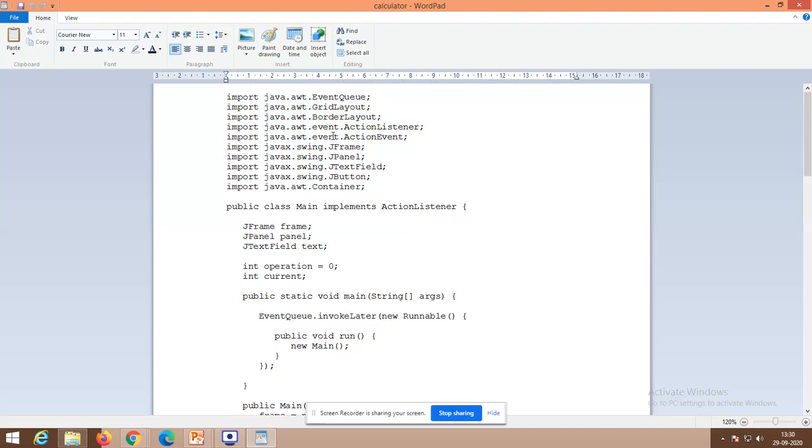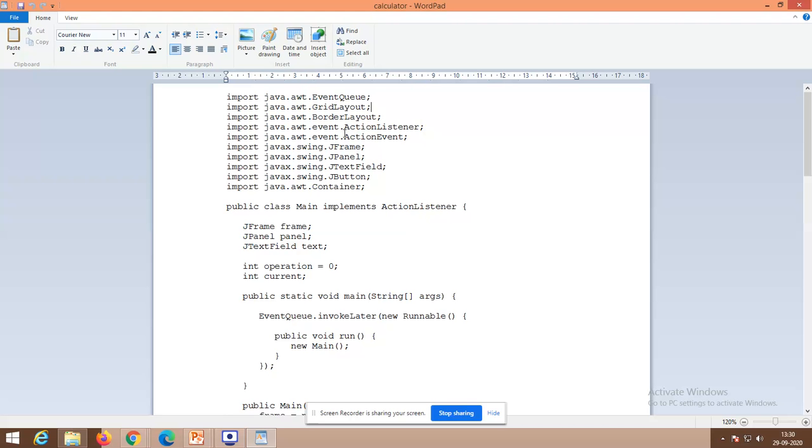Okay, so what we are going to use here is a hybrid layout, because we are combining grid layout as well as border layout. Grid layout will help me arrange the controls in a matrix. In border layout, I am going to keep a text box, and the text box has to be kept in the correct border. Border layout places components based on the directions: north, south, east, west. Based on that, I can keep my controls. That is the reason grid layout and border layout are being used.